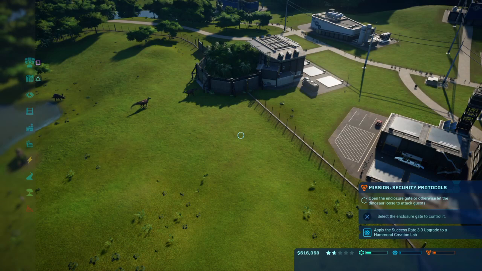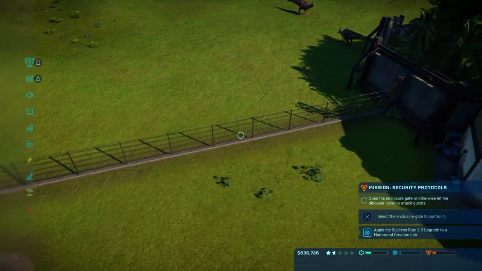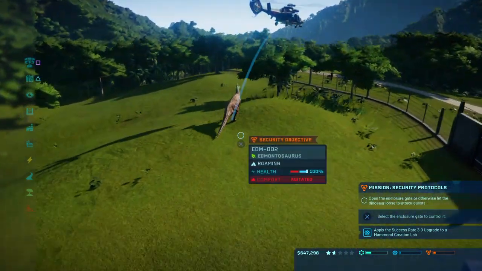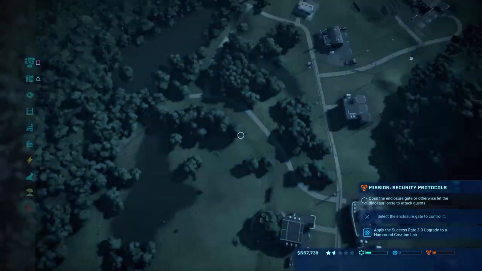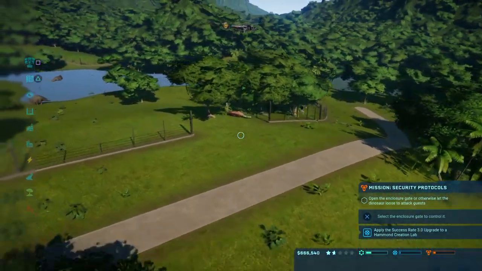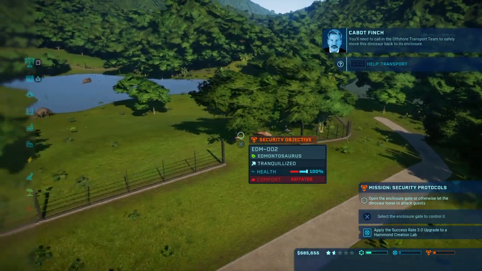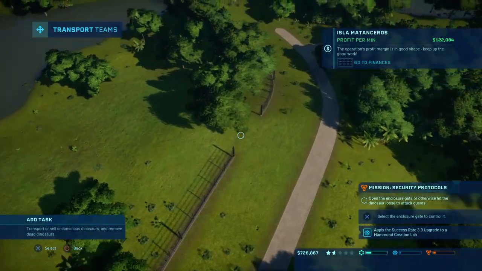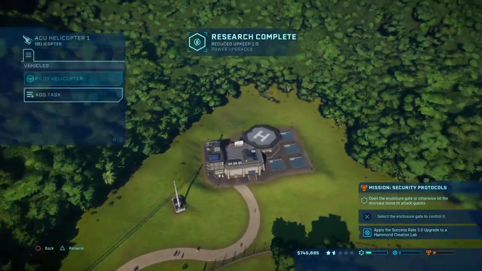See, we're gonna trank it before it can even get out. We're gonna open that. Oh, was I not supposed to trank it? You'll need to call in the offshore transport team to safely move this dinosaur back to its enclosure. So this is what we're gonna do, right? Transport team. We are going to transport it outside of the enclosure, and then we're gonna be sitting there waiting for it to wake up,